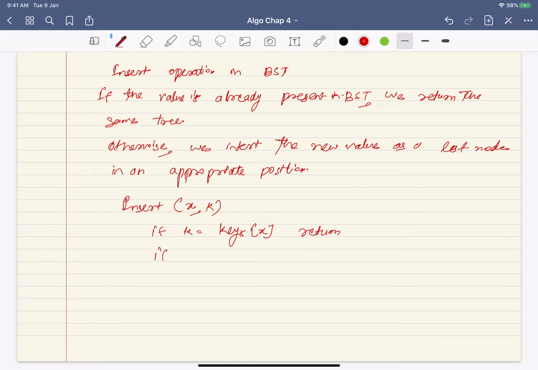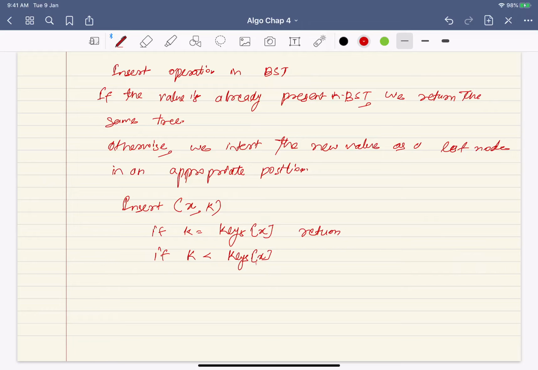So if k is smaller than keys of x, what will you do? K is smaller than the keys of x, that means it's smaller than the root, so you have to go to the left subtree. Now what is the base case?